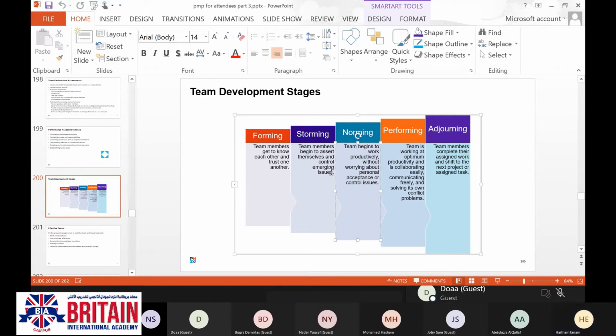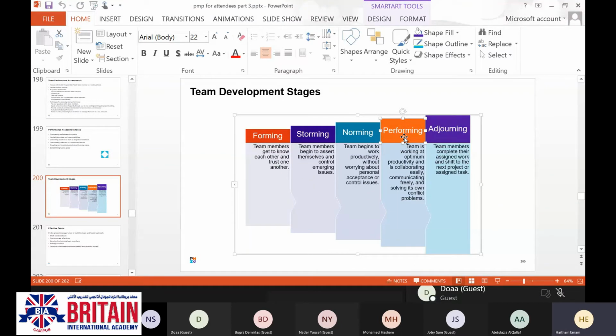Norming, now the ice has been broken and they started to do the work together. But still they need some time to understand each other. But the resistance has been removed and now they start to act as one unit, one spirit. But performing is the highest productivity level.